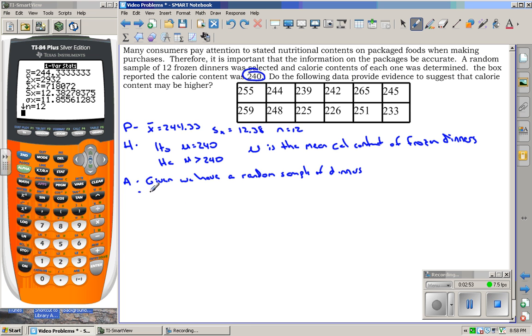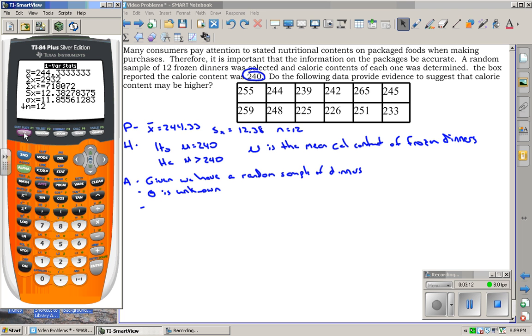Secondly, second assumption, sigma is unknown. Okay, we don't know what it is. It doesn't tell us what the population standard deviation is. And the third thing up is we need to check normality. Now we only have 12 data points, so it's not enough for us to assume normality, and it doesn't say that it's normal. So then I need to go back to my calculator, and I would go back up to